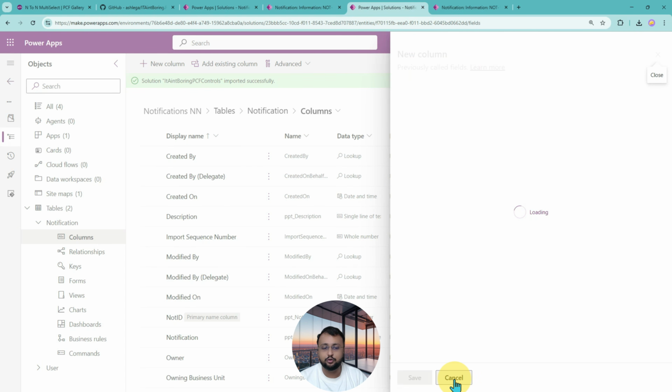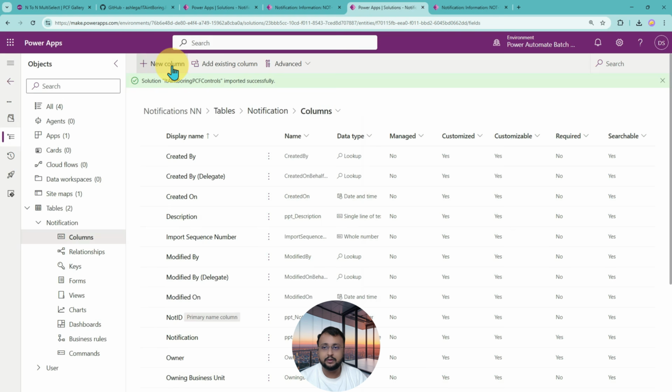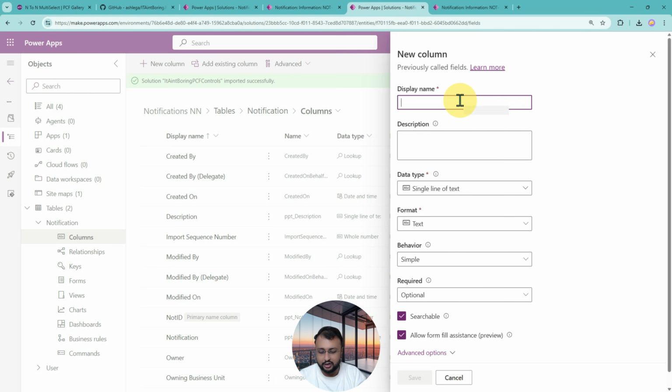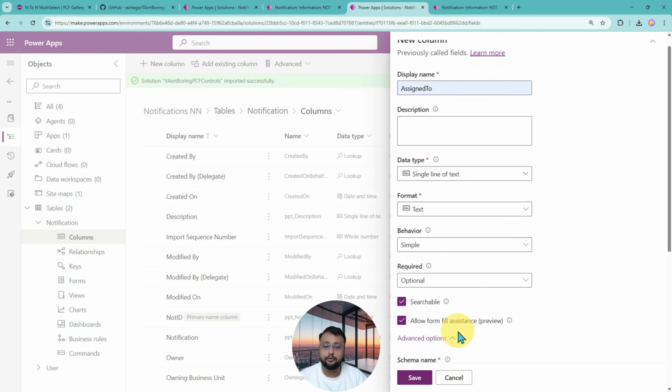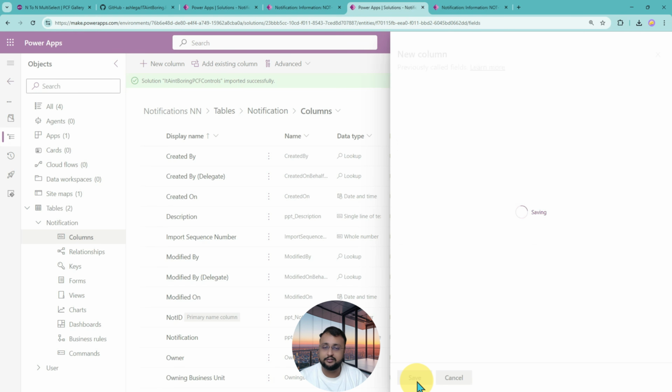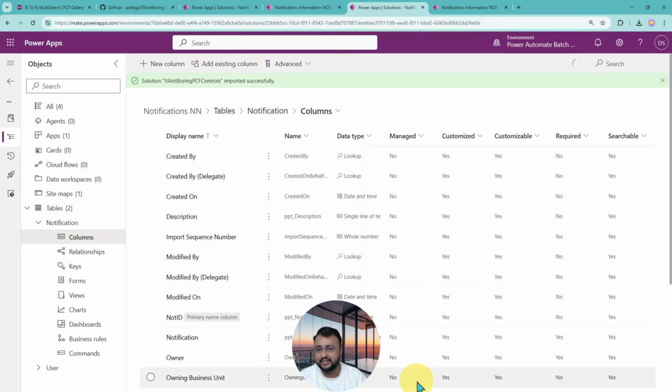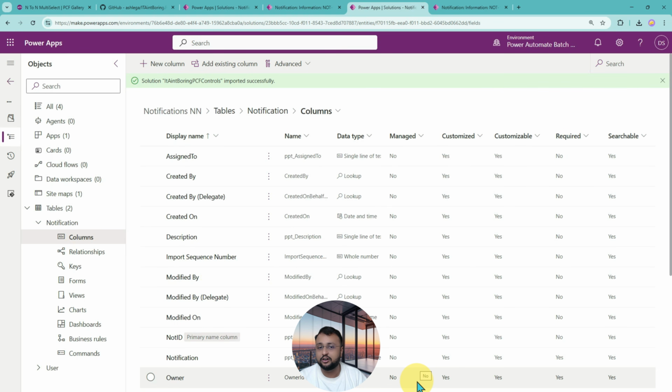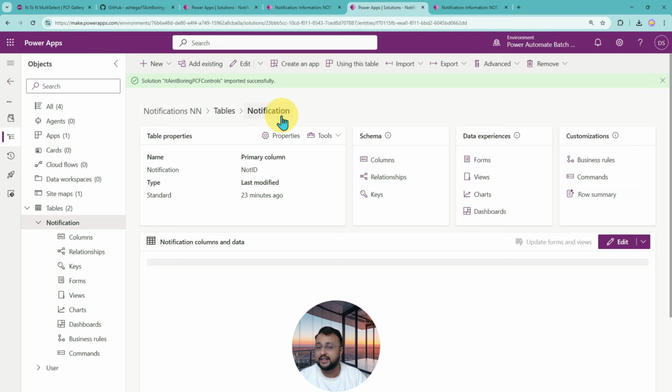So let's click on new column and create the column name. I'm creating the assign to column for myself. I make it a single line of text, go to advanced options, and make the character limit 4000 characters, then click on save. This is just one reference column we needed. It does not save any actual data,